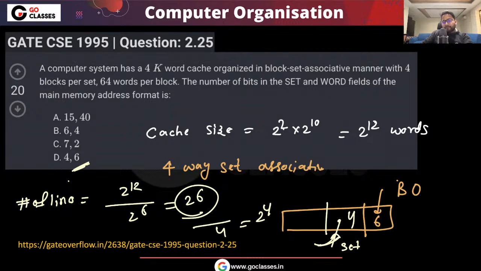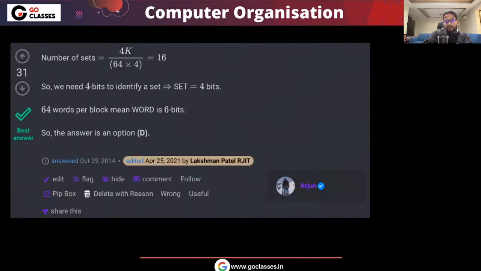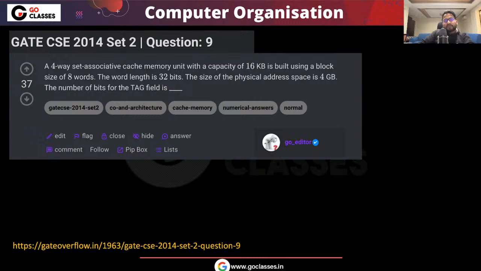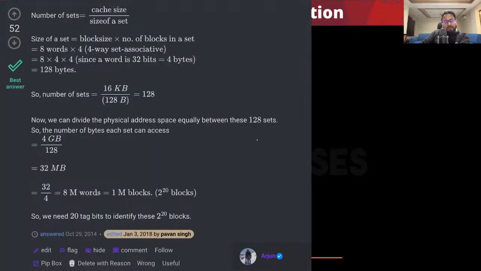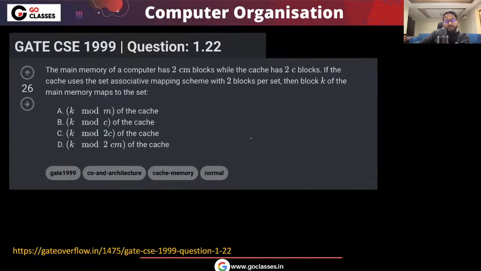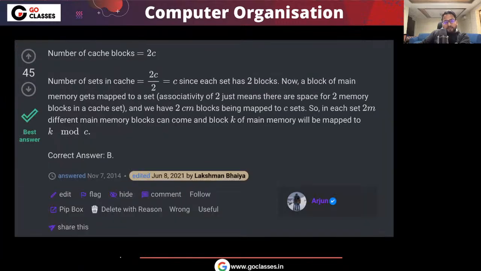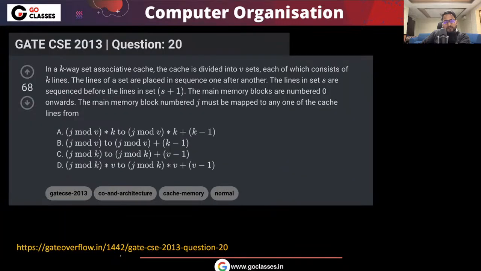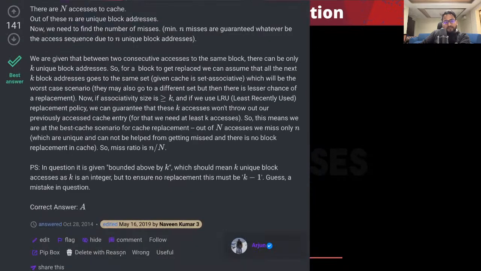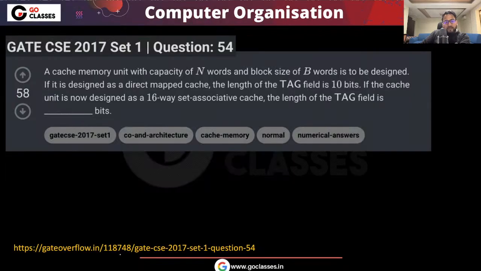Okay. Okay. Now let's just move to the next question. So what they are saying, I think these questions you can probably do, right? Yeah. Let's do this question. This is a bit interesting question. After these 2-3 questions, I think, yeah, let's do these interesting questions. Okay. And then we will move to the